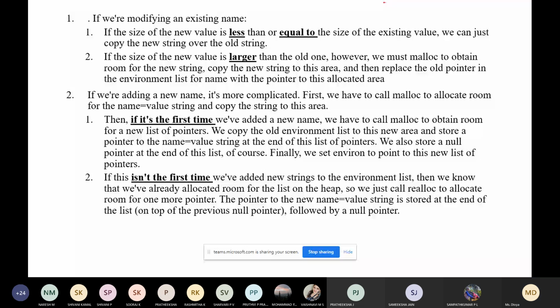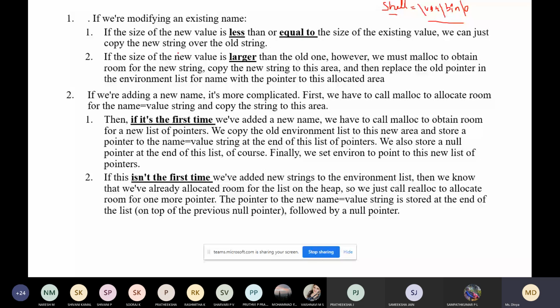For example, SHELL is equal to some value, say /usr/bin, just an example, and it will be terminated with a null string. This is important. So this is the name and this is the value. Now if you want to change this value, and you are specifying a value which is less than or equal to the size of the existing value, we can just copy the new string over the old string.